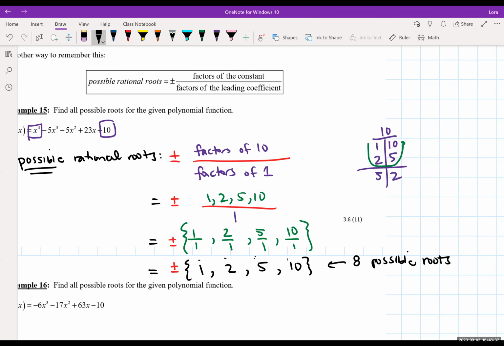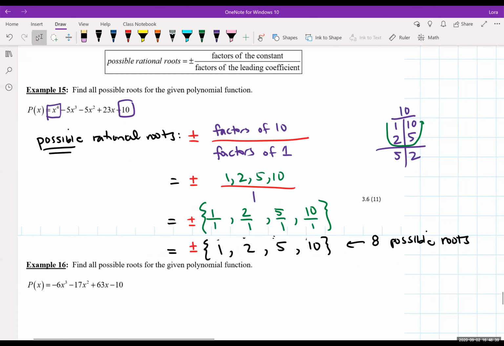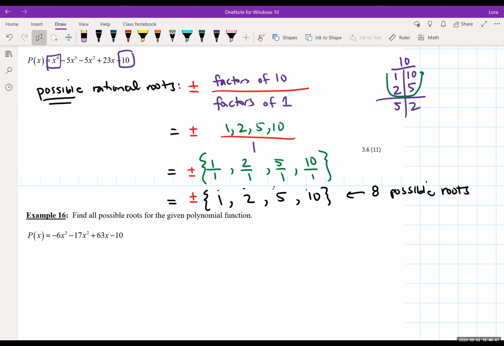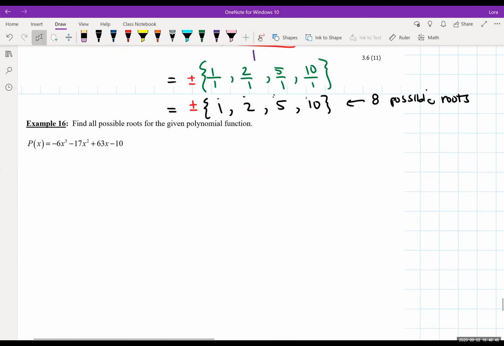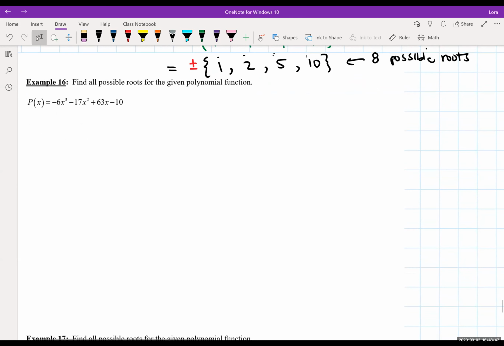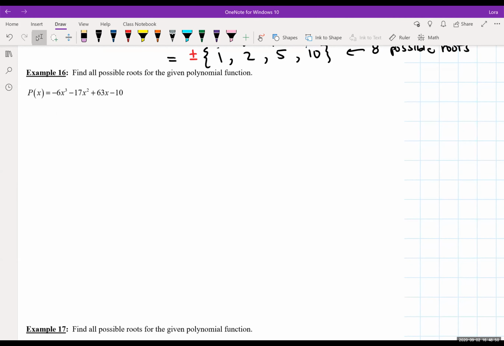So let's try one more together, something that might be a little more complicated. Sometimes the ratios of the two factors, constant and leading coefficient, could cause a little more confusion. So I'd like to go over that one more time. So this last one, you can try the next example on your own if you need to. So we've got, if we're trying to find all the possible roots,